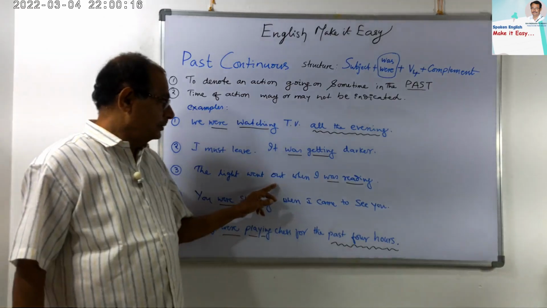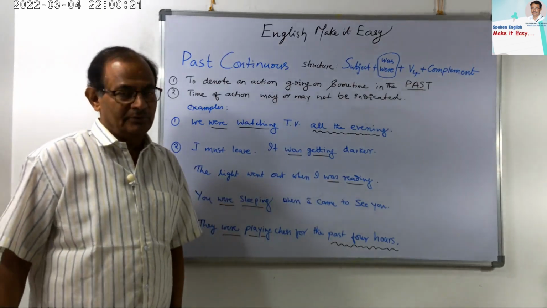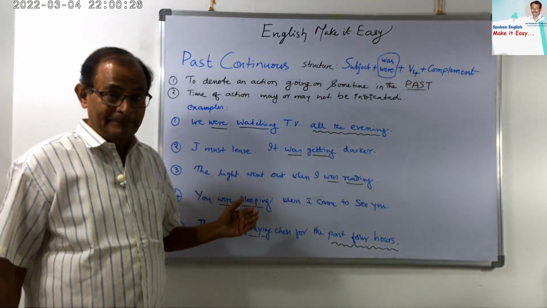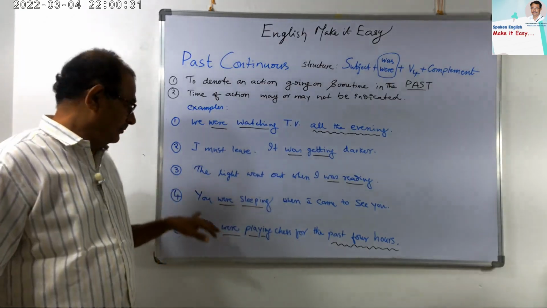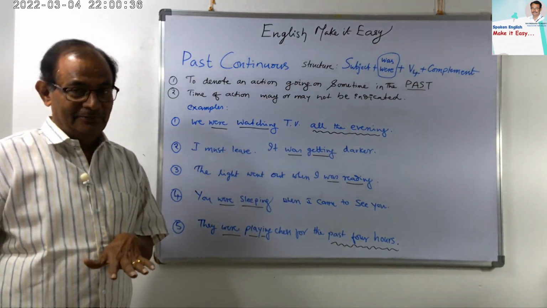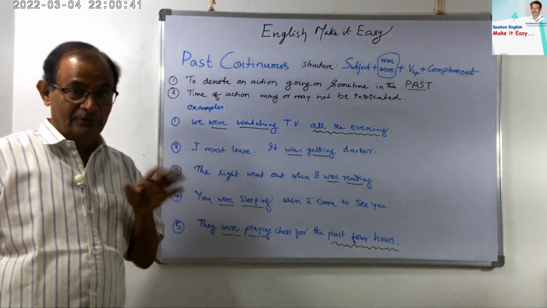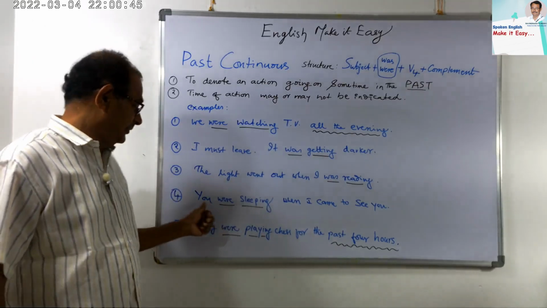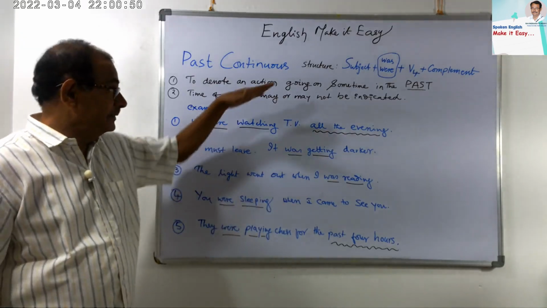I was reading. The light went out when I was reading newspaper or anything, for my books, school books or subjects, I can say. Next, you were sleeping. See, you is a second person, maybe singular or plural, but always treated as plural. That's why it takes were only. You was is not correct. So the agreement of the subject with the auxiliary verb is also important. You have to learn it. You will always take were, since it is treated as plural. You were sleeping. This is past. That's why it is a past continuous.